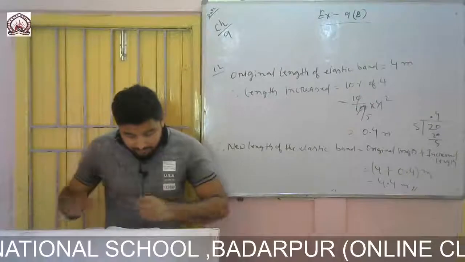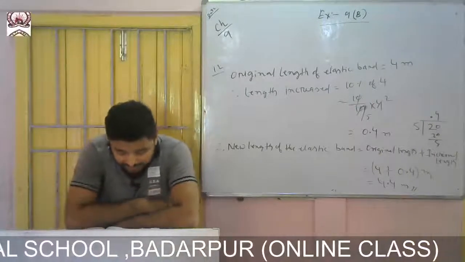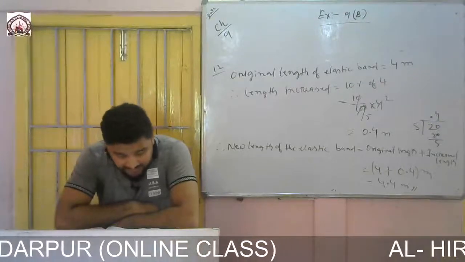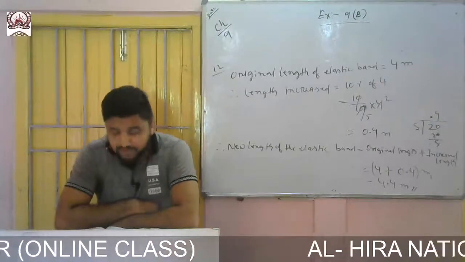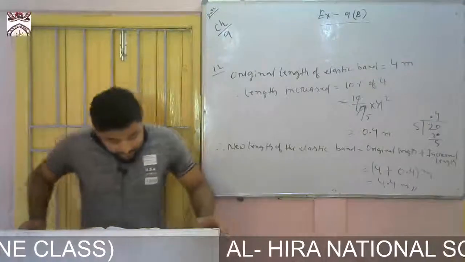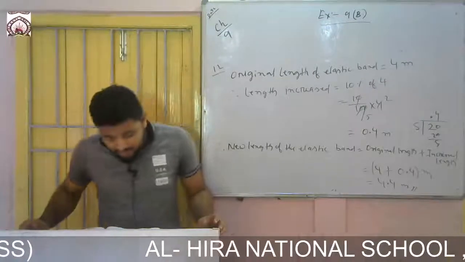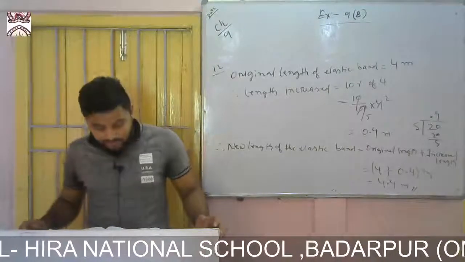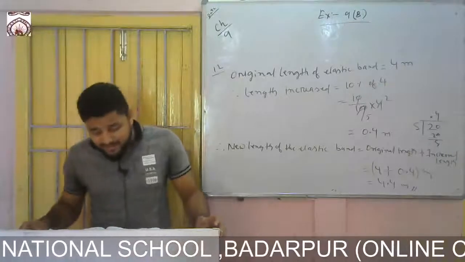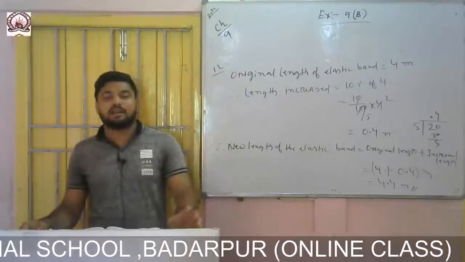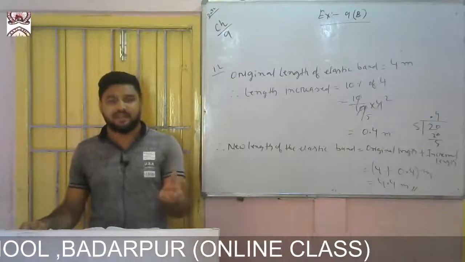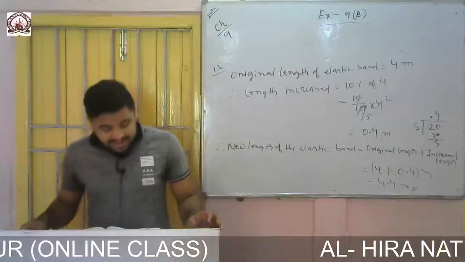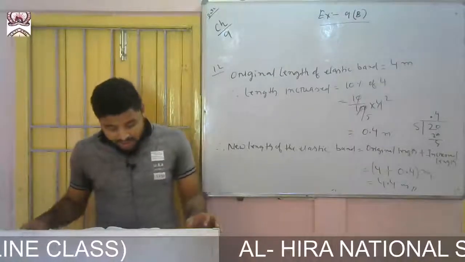Monthly expenditure of a family on milk is rupees 700. If the price of the milk is increased by 8%, find the increase in the expenditure of the family on milk. That means a monthly expenditure of a family on milk is rupees 700. A person pays 700 monthly for his milk. If the price of the milk is increased by 8%, that is, earlier it was 700, now 8% increased. Find the increase in the expenditure of the family.